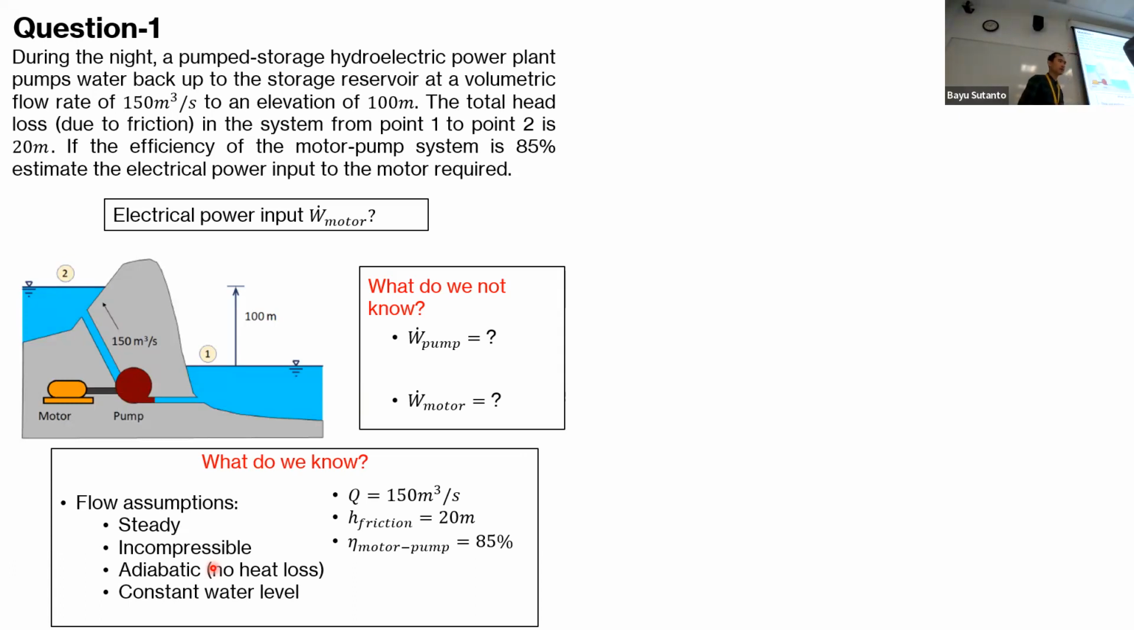It normally happens when we have a very big reservoir, so that 150 meter cubic does not really change the elevation. For example, we have a very wide reservoir, like 100 hectare square and so on. And the next is